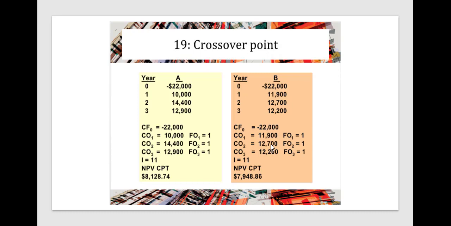One project has a higher NPV at a rate greater than the crossover point, and the other has a higher NPV at a rate less than the crossover point. So in our example, project A has a higher NPV at a rate lower than the crossover point, so it should be accepted at any discount rate less than 20.14%, and project B should be accepted at any rate greater than a discount rate of